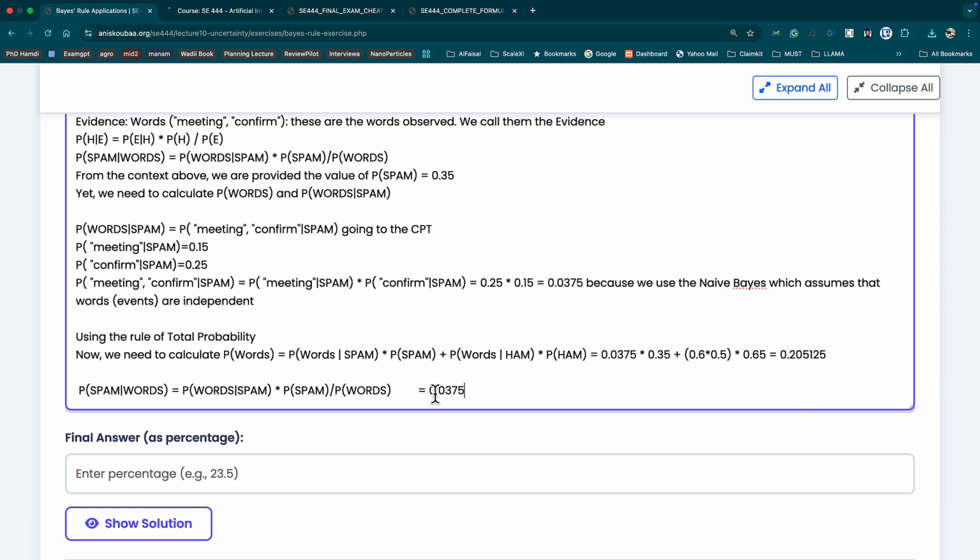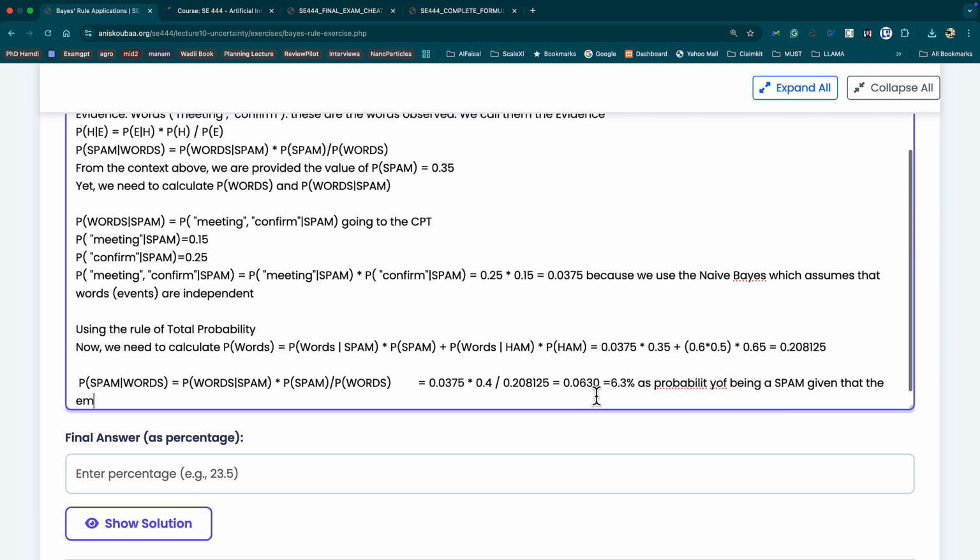This value multiplied by 0.4 divided by this, and this is going to give you 0.0630, which is like 6.3% as the probability of being spam, given that the email contains these words, meeting